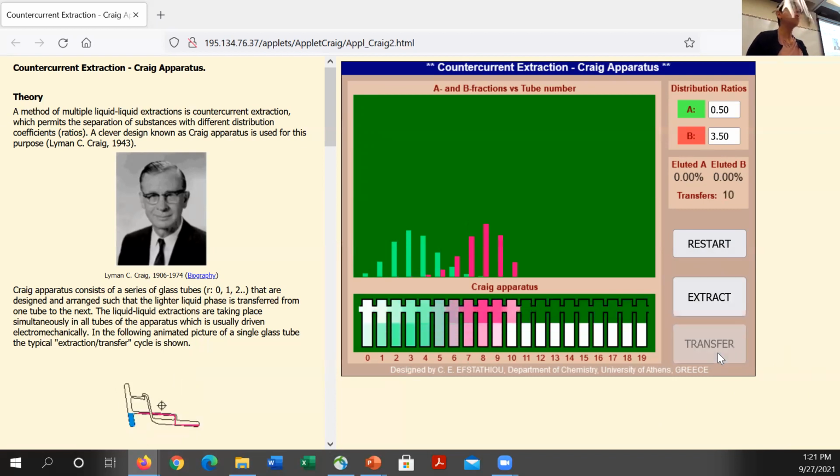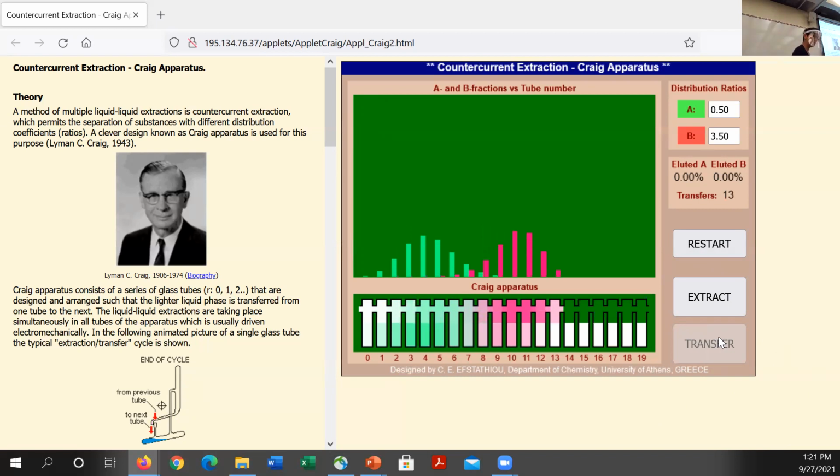And these are forming chromatographic peaks. So I keep doing that, I get separation. The more I do that, the more they're separating, the better is the resolution. That's another word that you'll hear me say quite a bit. The more tubes I have, the more equilibrium I form, the more separation I get. The longer the column, the more resolution or more separation. So I continue to do that